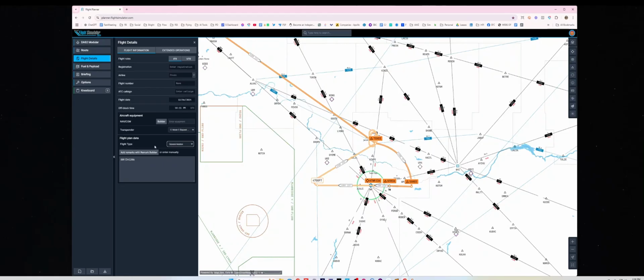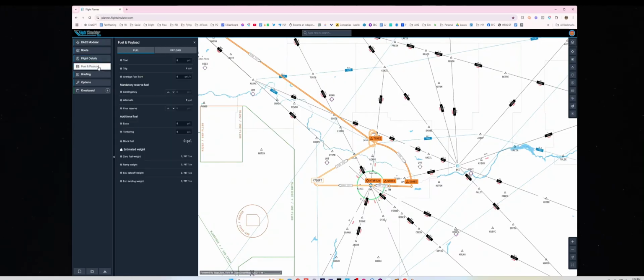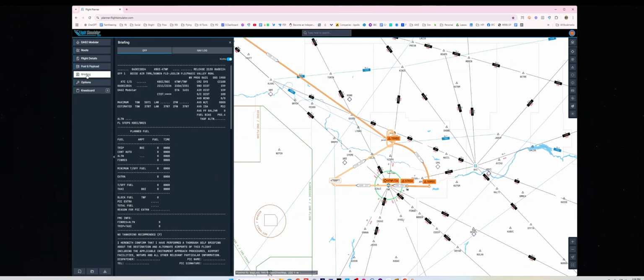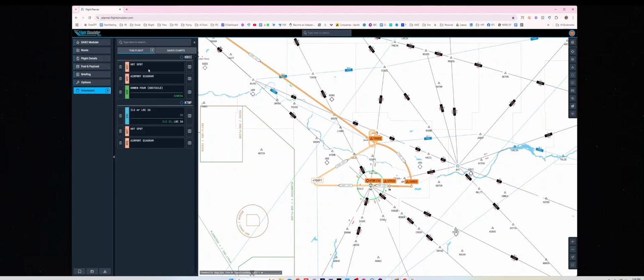I'm not really sure how important this stuff is yet. I haven't had enough time to mess around with the map. Fuel and payload information, which you can use the EFB in the aircraft to do, so I probably wouldn't bother with it here. There's a text briefing if you would like it, and there of course is the knee board